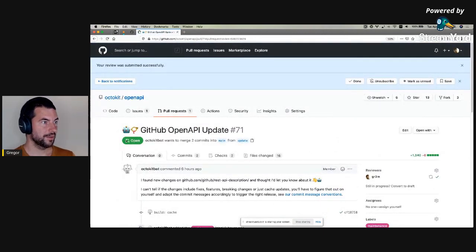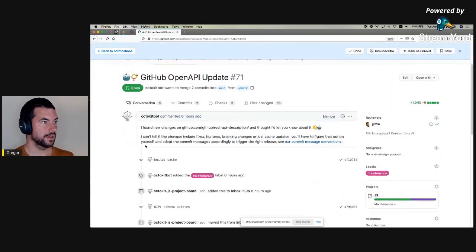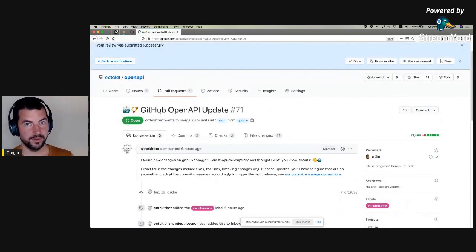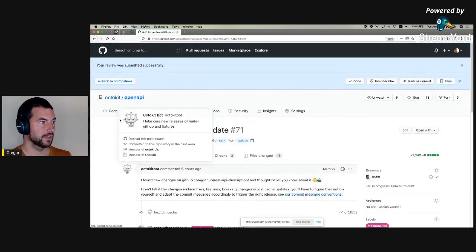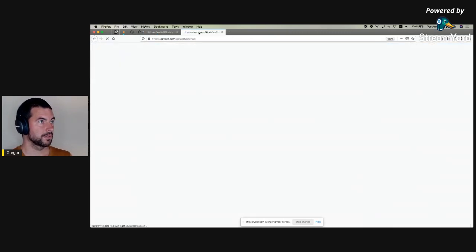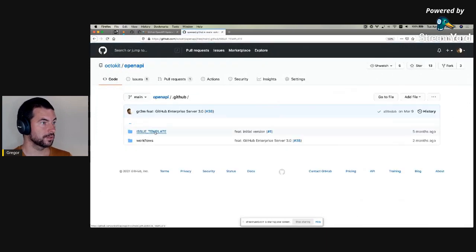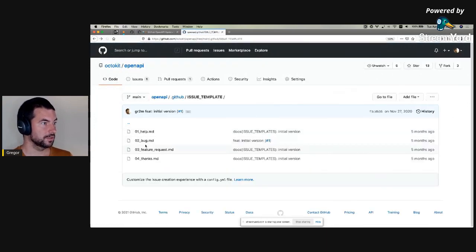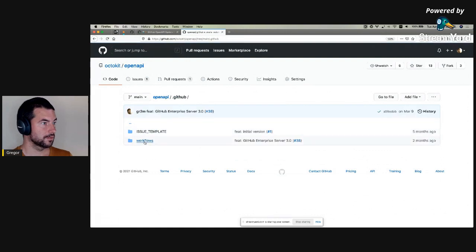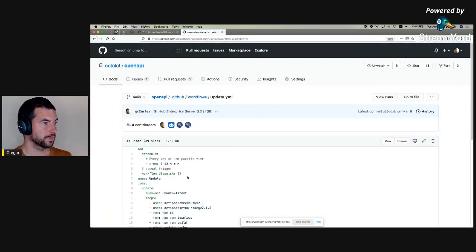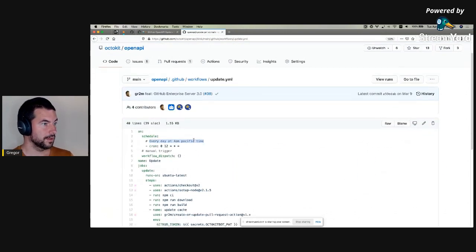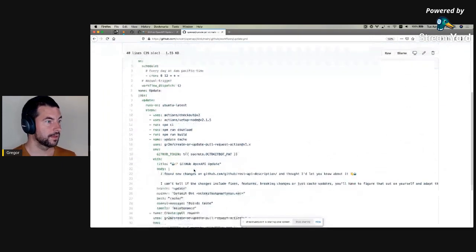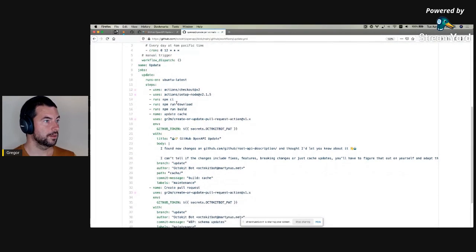So this check is happening once per day on a schedule. And if there are no changes, nothing will happen. But if the bot finds changes, it opens this pull request. I can actually show you this workflow really quick here. So this is, oops, not issue templates, but workflows, update. So every day at 4 a.m. Pacific time, it downloads